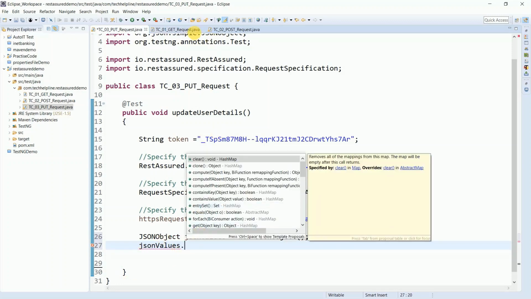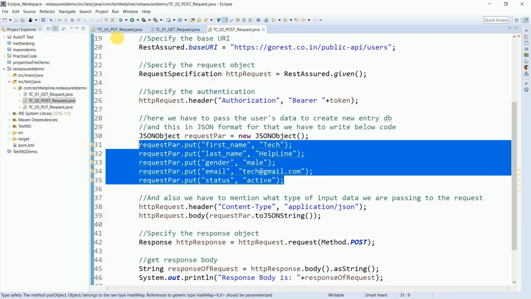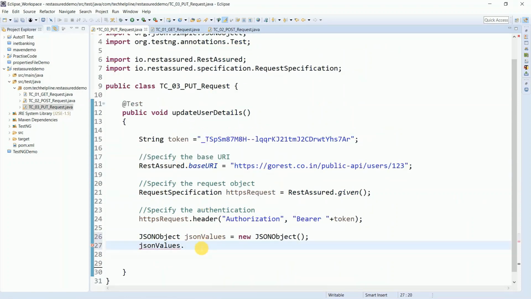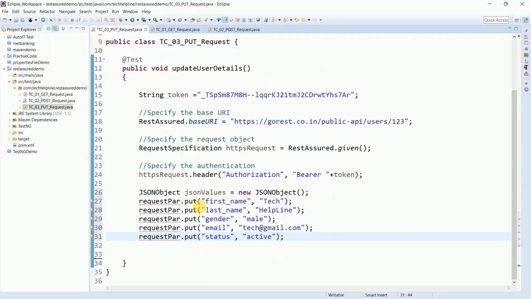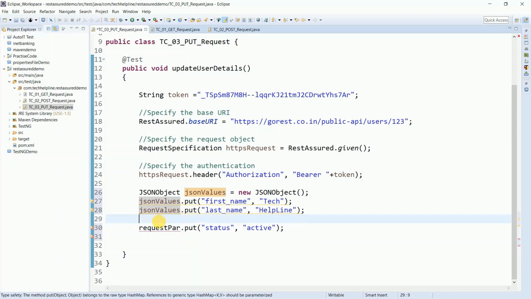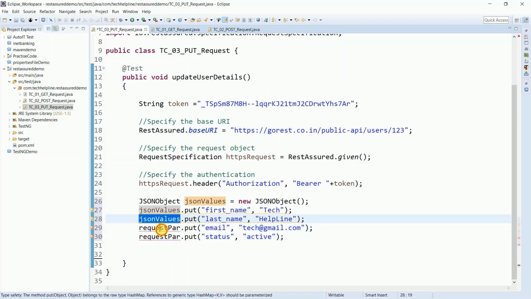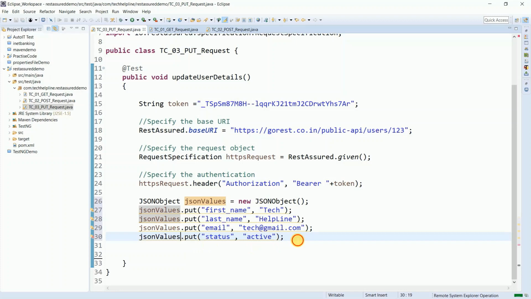Rather than typing, I'll copy the previous parameters code. So I have copied it here.